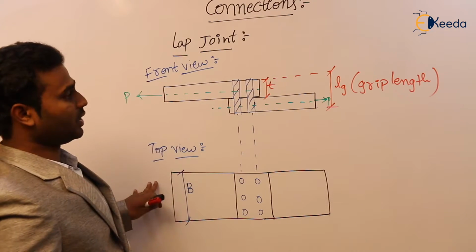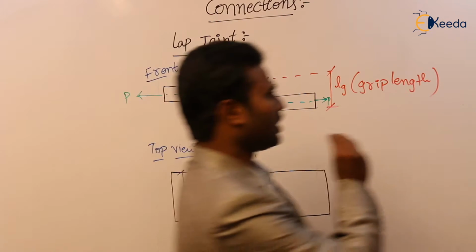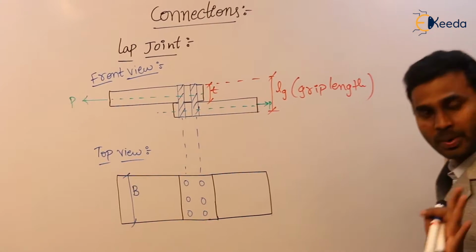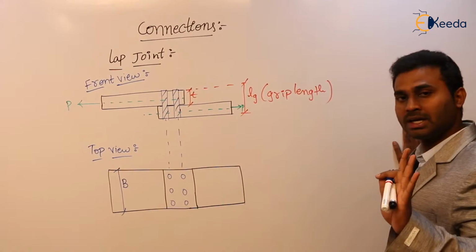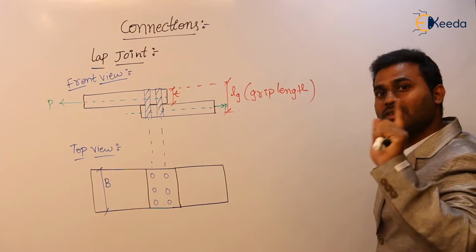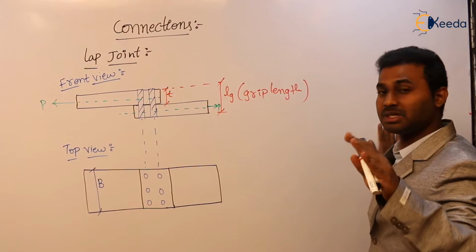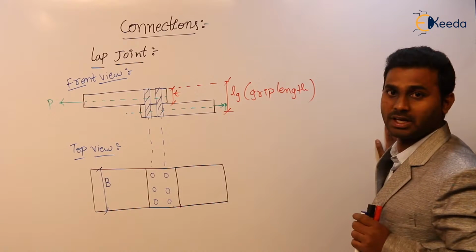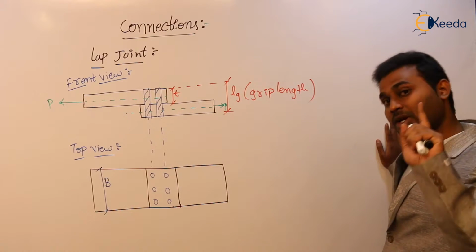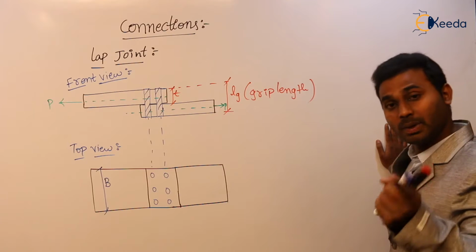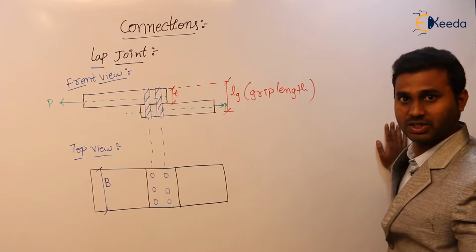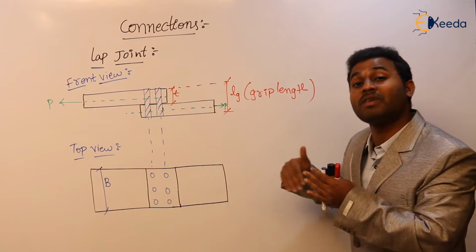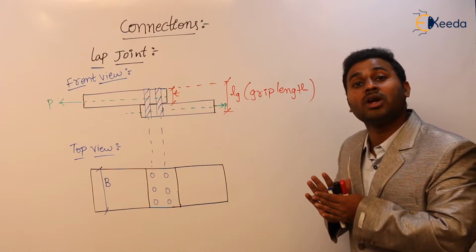So now this is the lap joint, front view and top view. And there is a small terminology here. And one more thing, coming to the steel, this terminology and imagination is more important. Agree? As I said in the beginning itself, generally civil engineers have steel phobia. It means they feel that steel is the toughest and most difficult subject in civil engineering. But that is not the case. I explained the reason for it also. What is the reason? Because of less familiarity and lack of imagination. So now what I'm going to try in this session is to make you familiar with this structure, and I'm going to tell you how to imagine it.